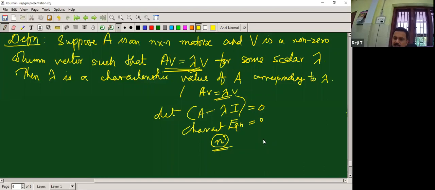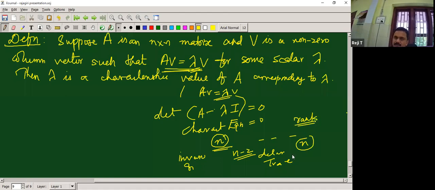There we will get n coefficients. If you omit the sign, one of these coefficients is the determinant, the other one is the trace. And apart from these, there are also other n minus 2 coefficients for this characteristic polynomial. These are all invariants corresponding to the relation similarity. So how many invariants have we obtained? One invariant is already there, and that is rank. In addition to that, we have n more invariants, and they are the coefficients of this characteristic polynomial.